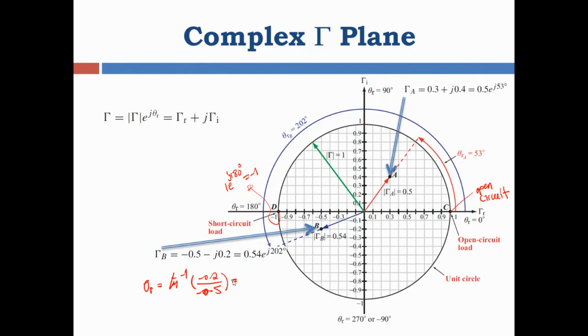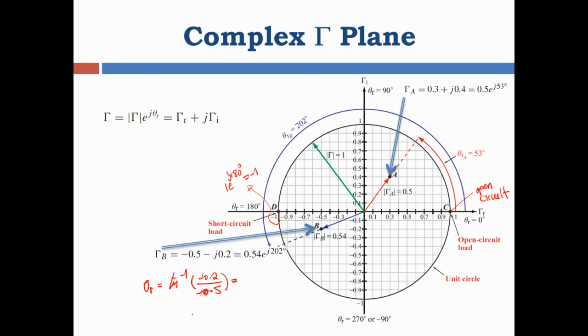So let's put this in our calculators. And I want you to do that, please. Everybody should have at least one calculator, right? So this is tan of 0.2 divided by 0.5 because the negatives get canceled. So we are going to do second inverse tan of 0.2 divided by 0.5, and that is equal to 0.38 radians, which is going to be times 180